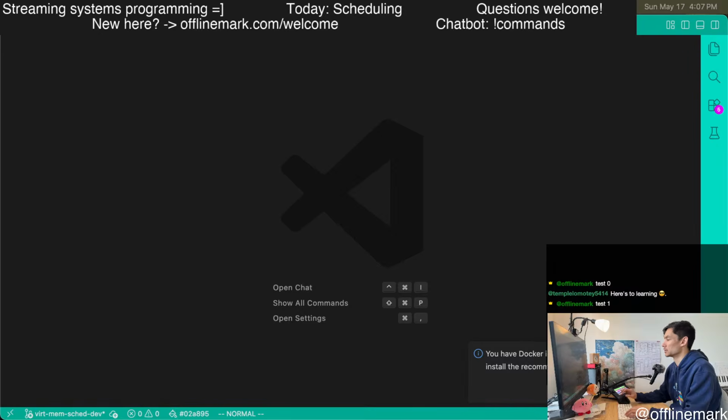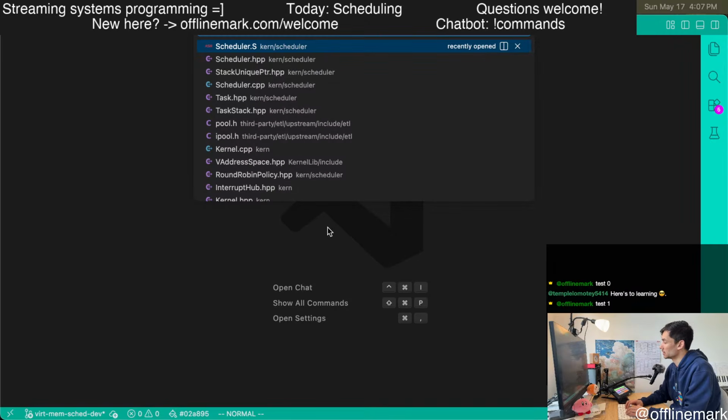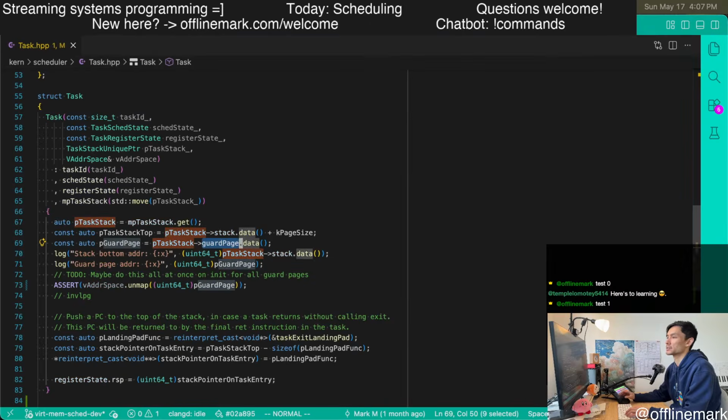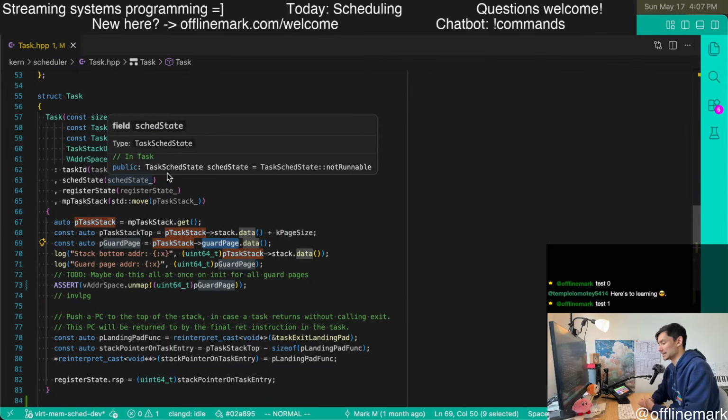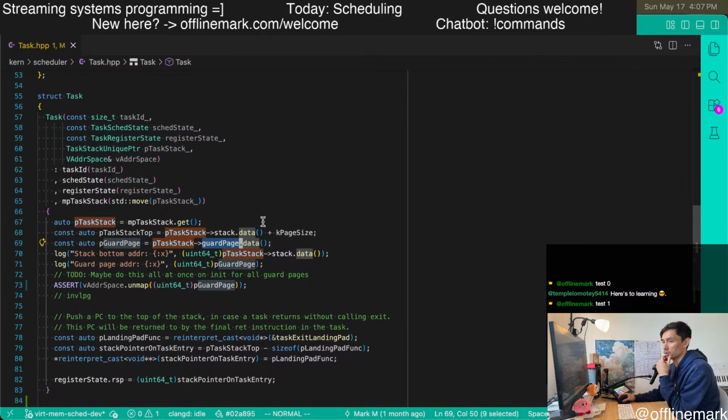Let me just close everything out. The smart pointer stuff was related to the task stacks. The task needs a stack to run on. Okay, chatbot woke up, that's cool.